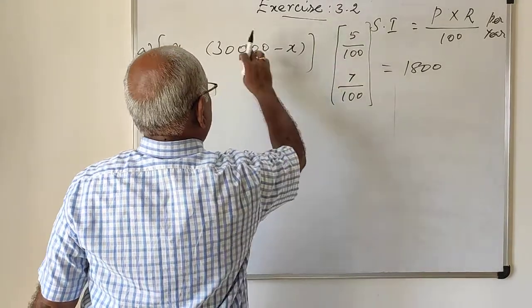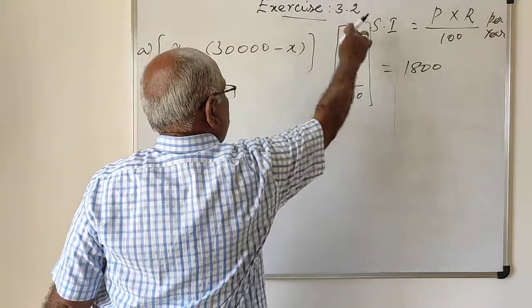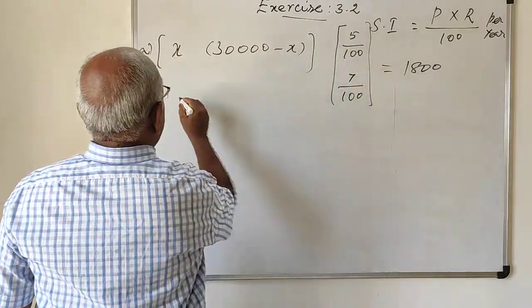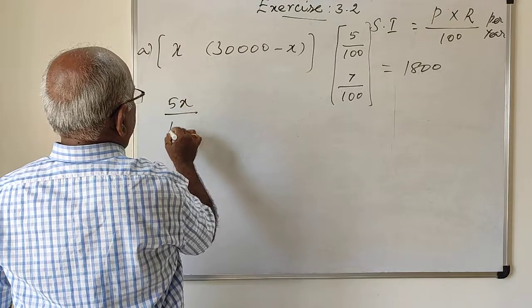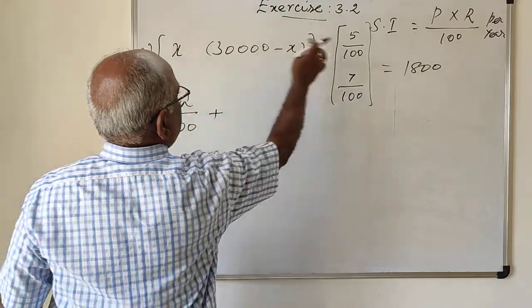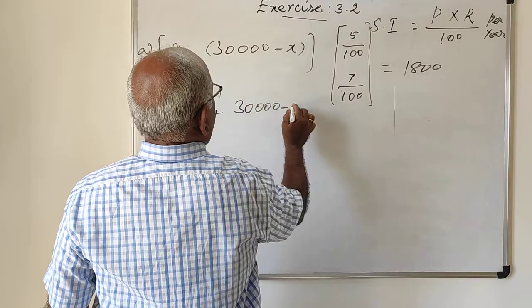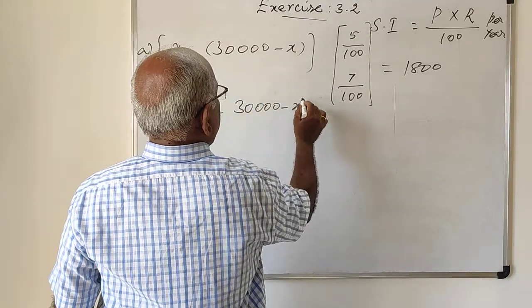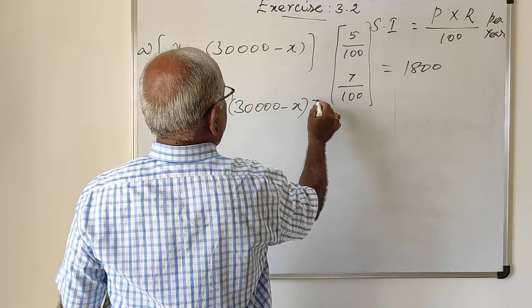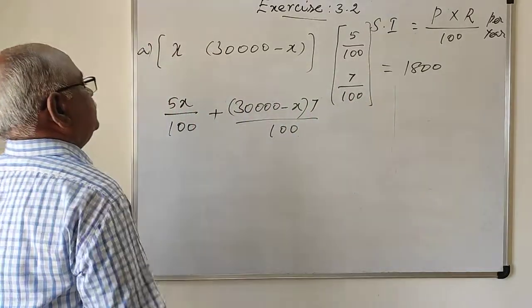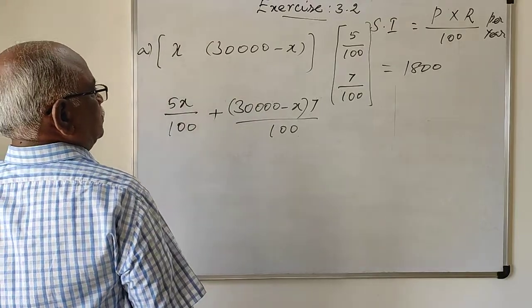This is a single row with two columns, and this is two rows with one column. By the multiplication of matrices, 5x by 100 plus (30,000 minus x) into 7 by 100 equal to